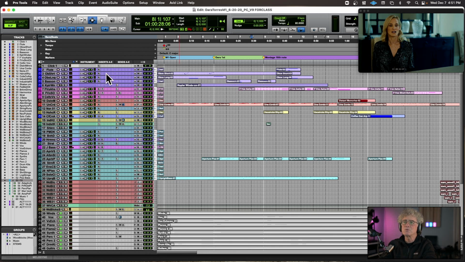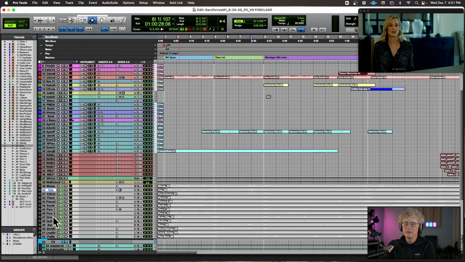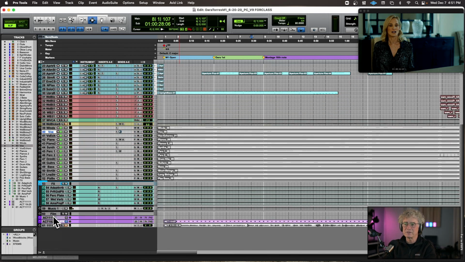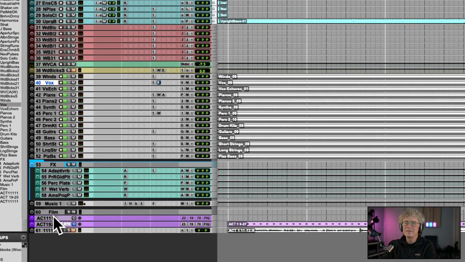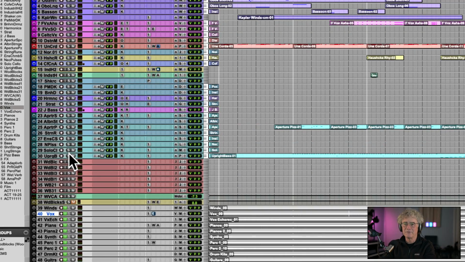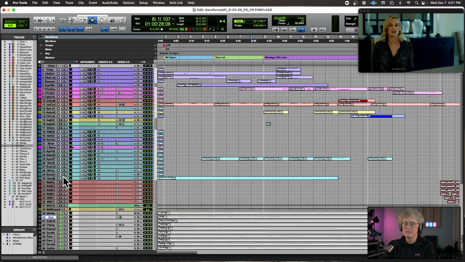The way I have this working is I've got all of the stuff that's colored here coming through one of these tracks down here. And these are audio tracks. The way I'm listening to these audio tracks is, notice I've got the green eye. I have enabled input monitoring, as it's called, so that I can hear all that stuff when it's not recording.